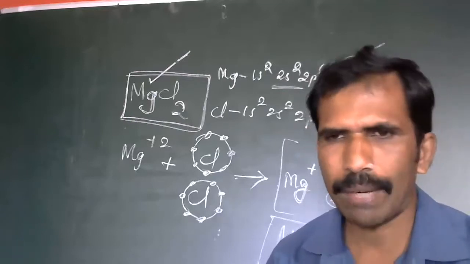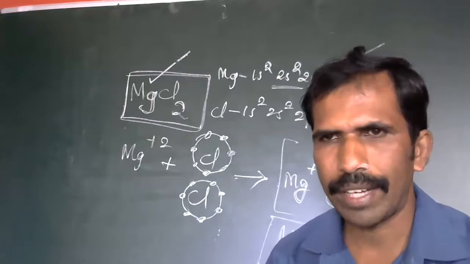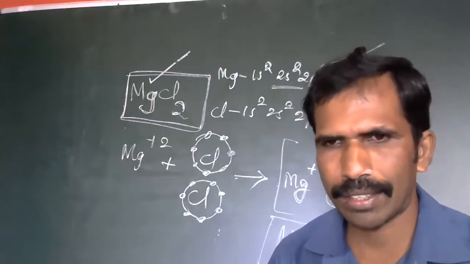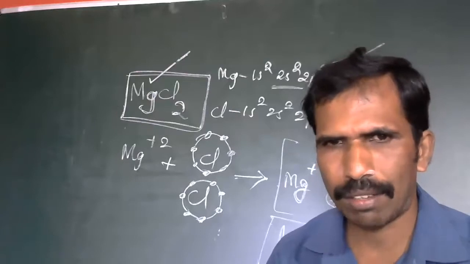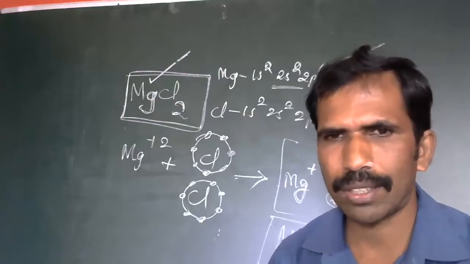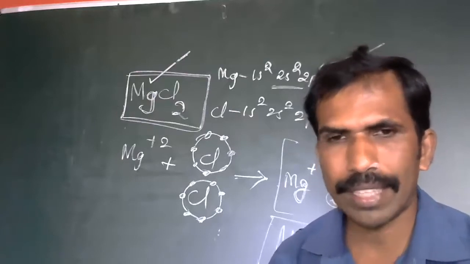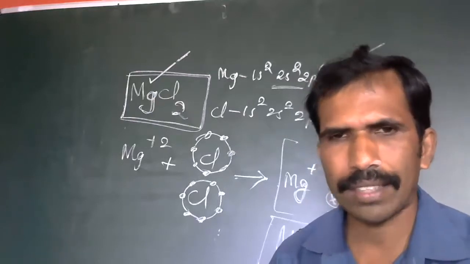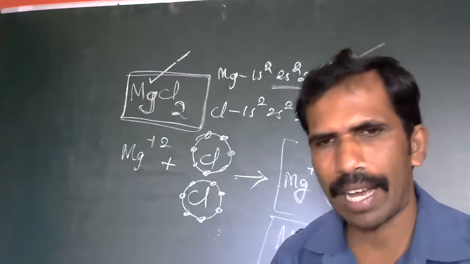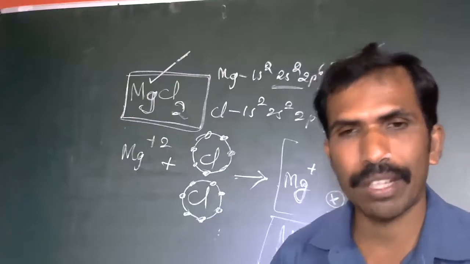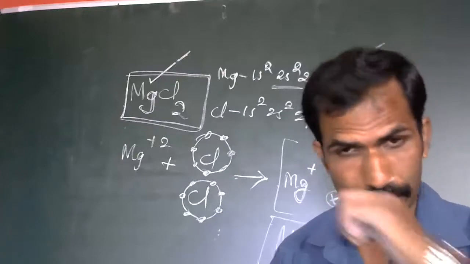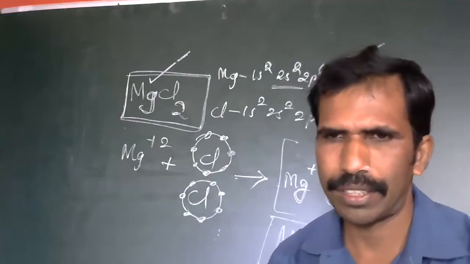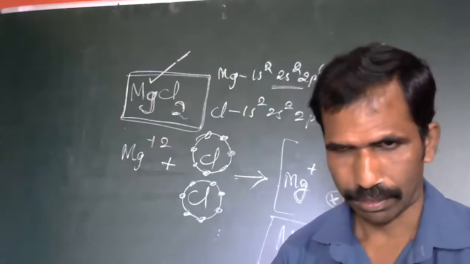Whatever the ionic bond may be, there is a donation of electron and a gaining of electron. One element will gain electron, one element will lose electron. The element which loses electron is called a cation. The element which gains electron is called an anion. So the force of attraction developed between a cation and anion by the redistribution of electron is called an ionic bond. Like this we can write the definition.